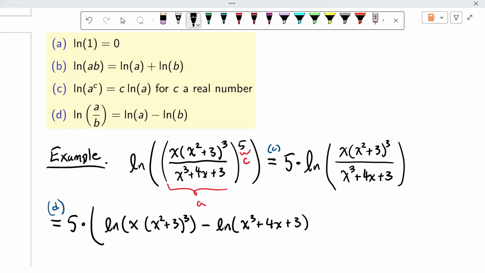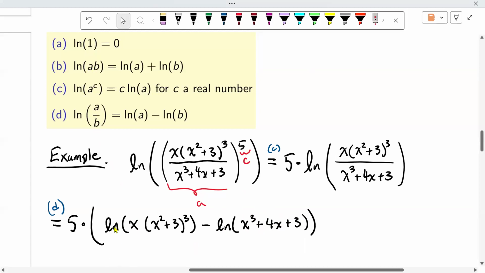All right. Any other laws we could use here? Is there a law that lets us deal with this? Yeah, there's nothing we can do when there are pluses inside the parentheses for a natural logarithm. There's no rule here that has pluses on the left. So this one, we're done. There's nothing we can do to simplify that expression.